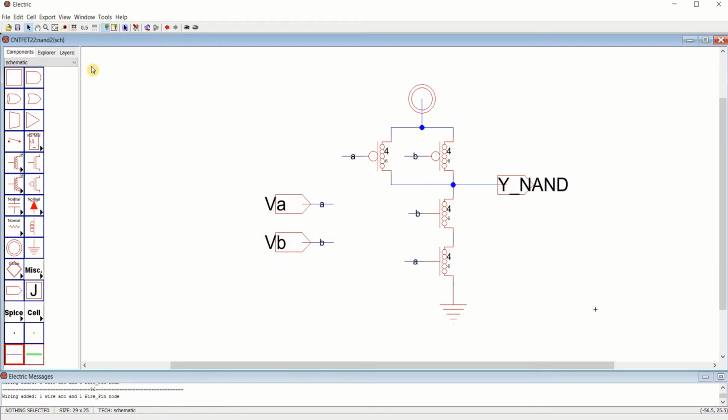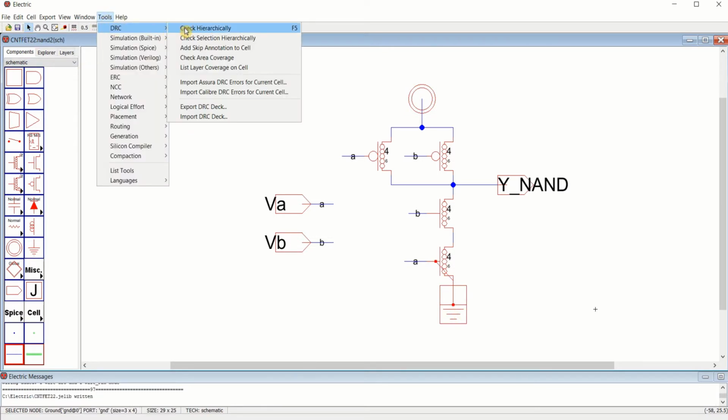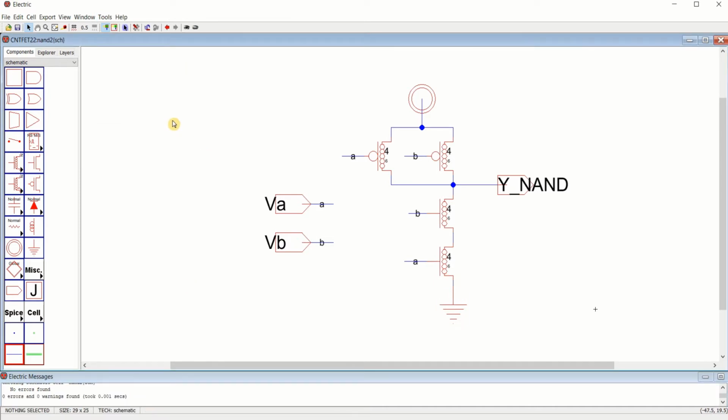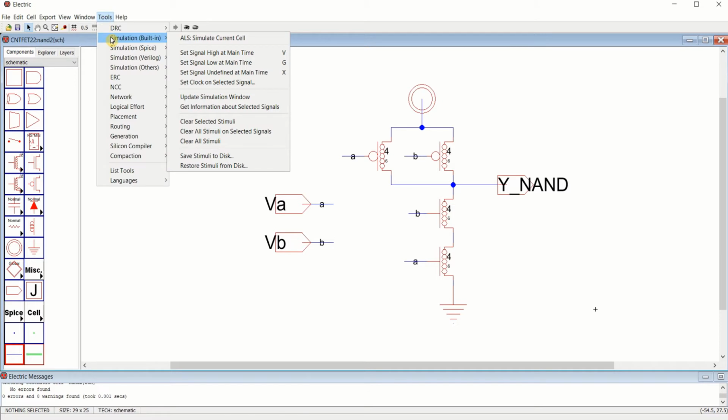Once the design is completed, placed with the VDD and ground, save the design and use the DRC. It shows that there are 0 errors and 0 warnings. Now this Electric VLSI has an inbuilt digital simulator. To simulate, you can use the built-in ALS, simulate current cell.